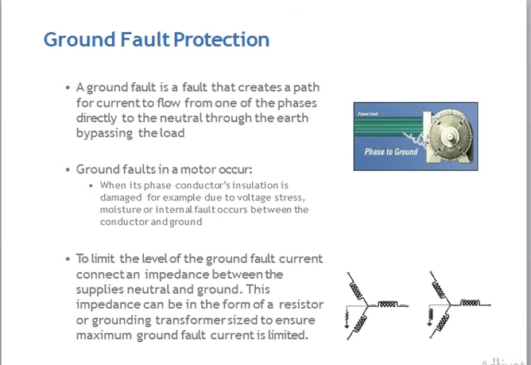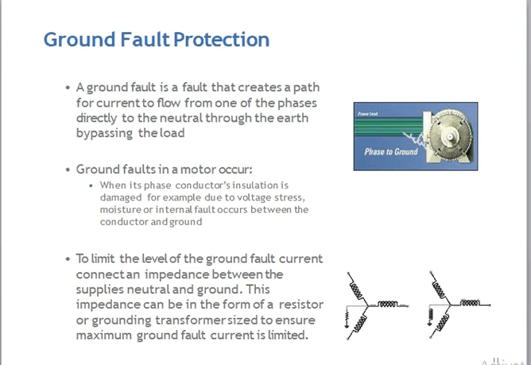To limit the level of ground fault current, connect an impedance between the neutral and the ground. This impedance can be in the form of a resistor or grounding transformer, sized to ensure the maximum ground fault current is limited. Like this, we have one more impedance in transmission line and transformer protection also.